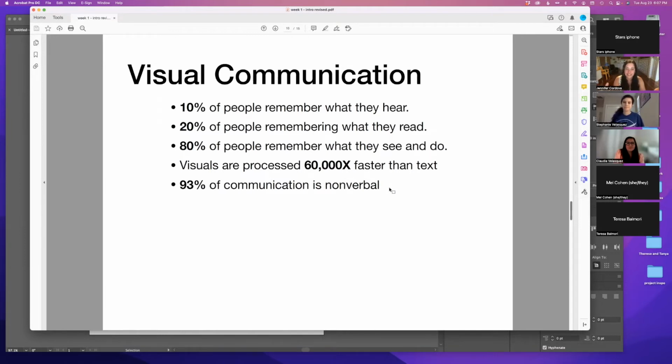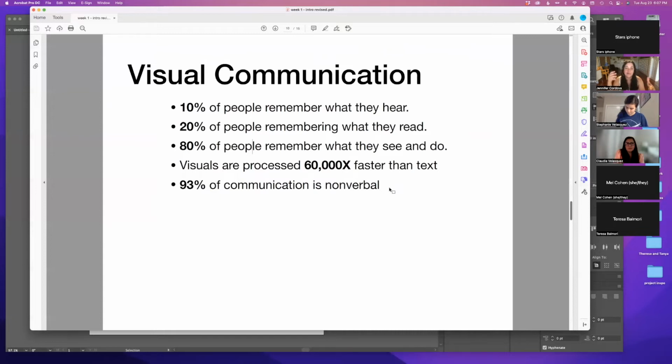Basically, what I'm telling you here is that the process of combining text and pictures and having that visual information will help people communicate with you faster. And then when I say 93% of communication is nonverbal, so outside of typography, where we learn to add words and put words in through our design, everything else about that design should be communicating something, from the colors that you use, from the way it's organized to the layout.